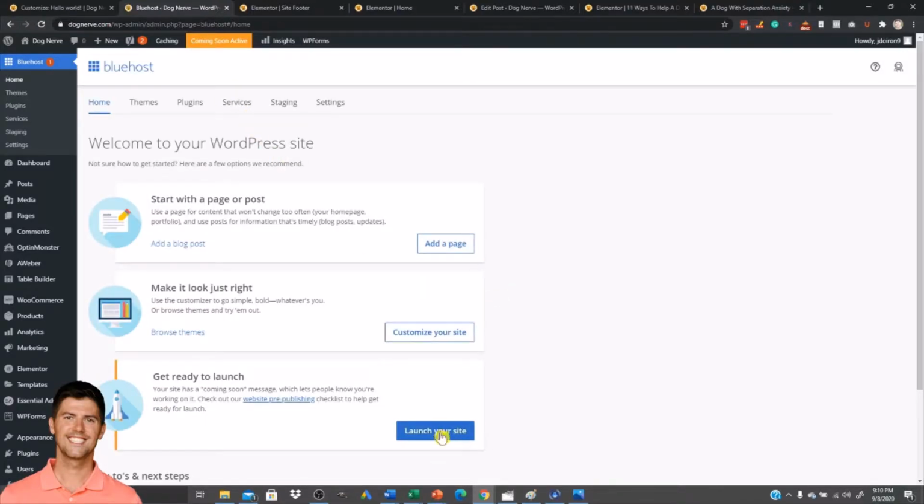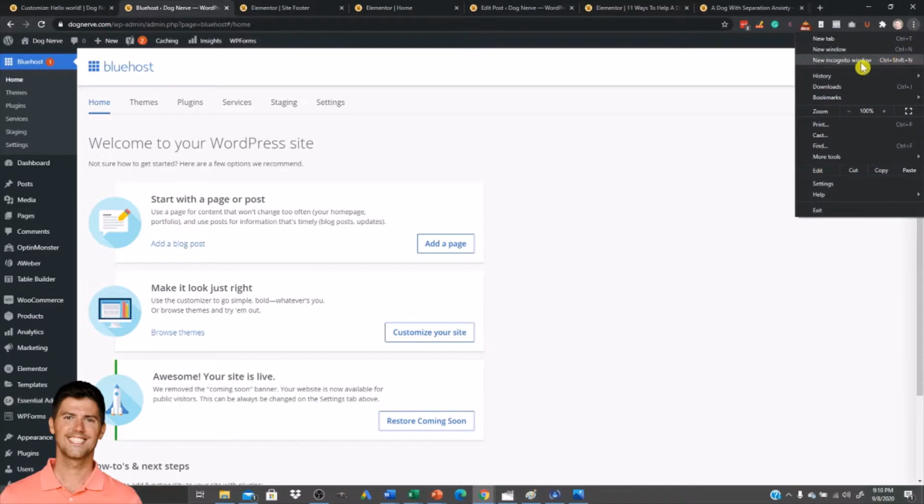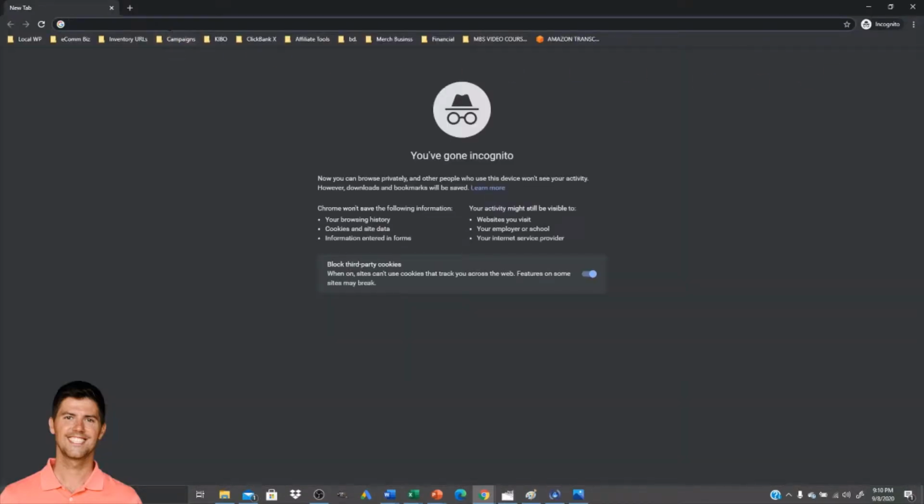So whenever you're ready, whenever you feel like your site is ready, you have your blogs published, all your pages are updated, your tracking tools are ready to go, and you want to launch your site, this is all you do. Click launch your site, let it load for a second, and your site will be live. And this will change to restore coming soon. So we now have a live site, and what I want to do is test my GA. So I'm going to click on an incognito window, go to dognerve.com,